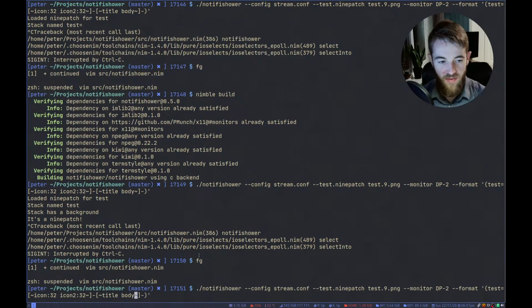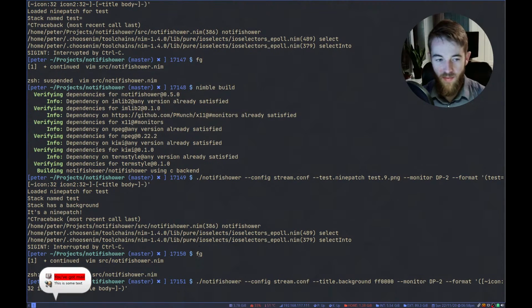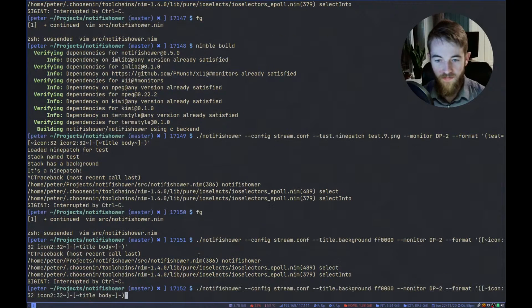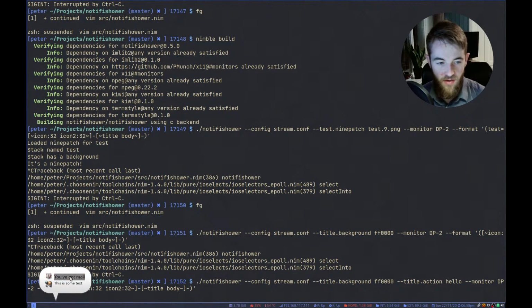So if I did something like, say, I want title to have a red background, right? And I want title to have an action of hello. So now I can click it, and you see it also changes color because the default hover is a gray color.